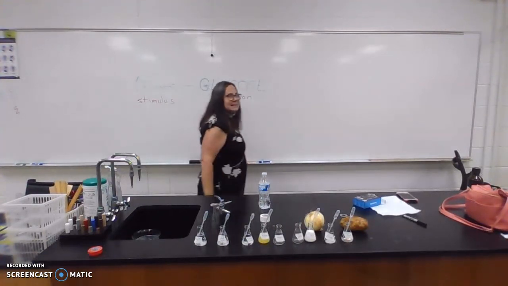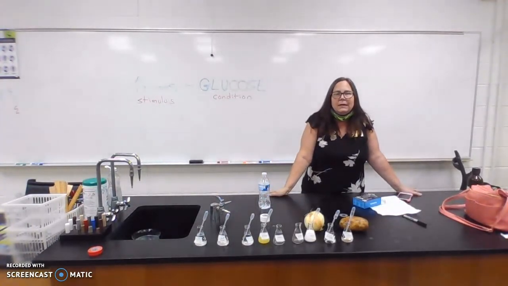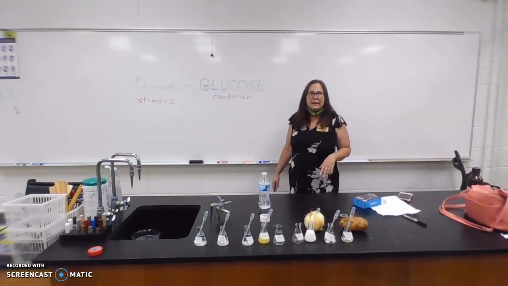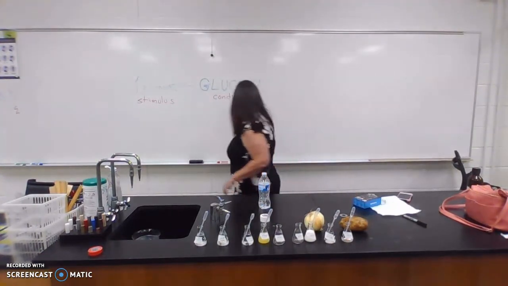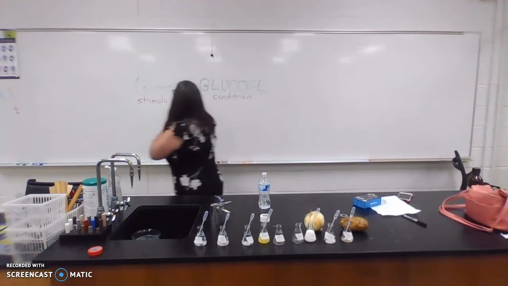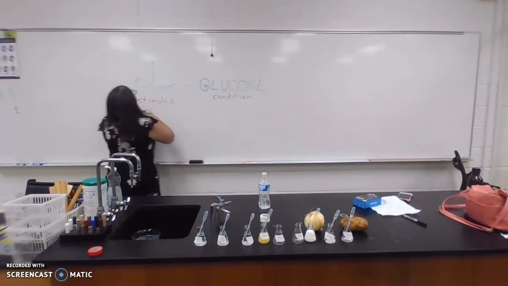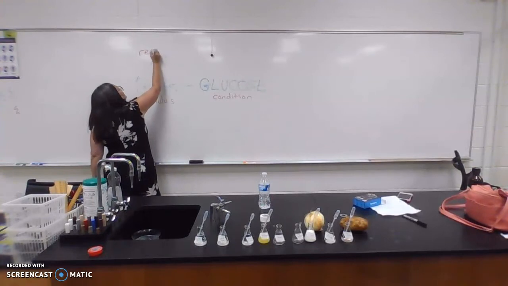Now, the cells in your body that detect increased glucose are cells found within your pancreas. They're sensory receptor cells found within your pancreas that can detect when your glucose rises and when it falls. So what you would call the receptor would be cells in your pancreas. You didn't have to name the exact cells, but we can put that this information is detected by receptor cells